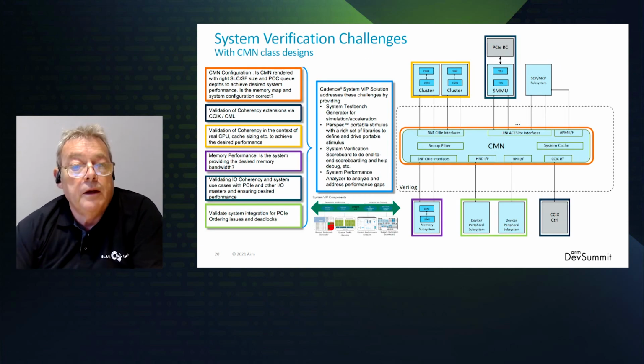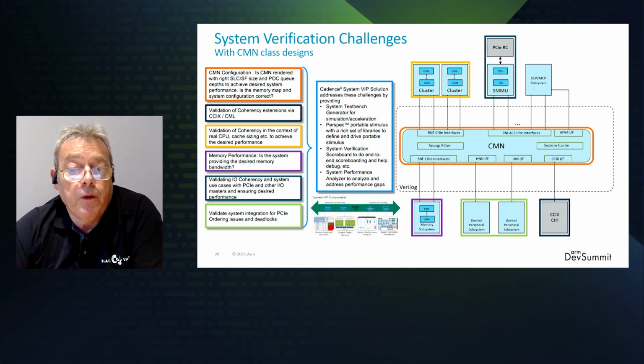So coming back to our challenges, we've seen that the challenges we talked about at the beginning of the presentation are addressed by four key System VIP components. We have Testbench automation for creating simulation and acceleration test benches. We have a verification scoreboard which supports runtime and post-process scoreboarding and correlation to ensure coherency correctness. The third piece is system traffic libraries, which are reusable content to support coherency, performance, PCI Express, to name just a few. And then finally, we've seen System Performance Analyzer, which provides comprehensive on-chip bus and DDR analysis to ensure